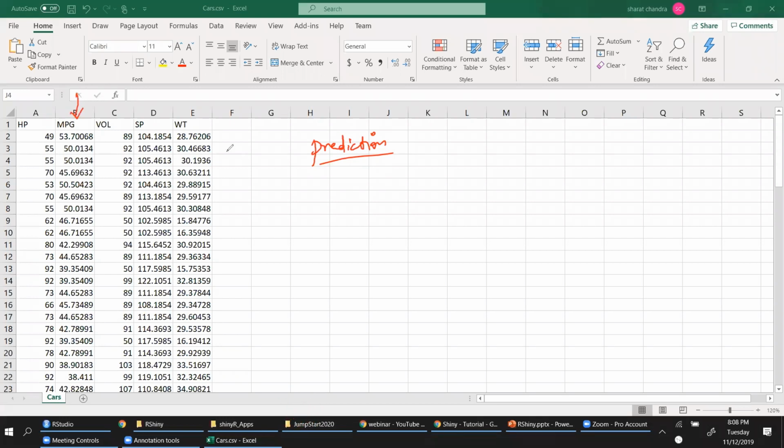And in this example, mileage is your output that you want to predict given the various details about cars. So I have X1, X2, X3, X4. This is horsepower, this is volume, top speed and weight of the vehicle.